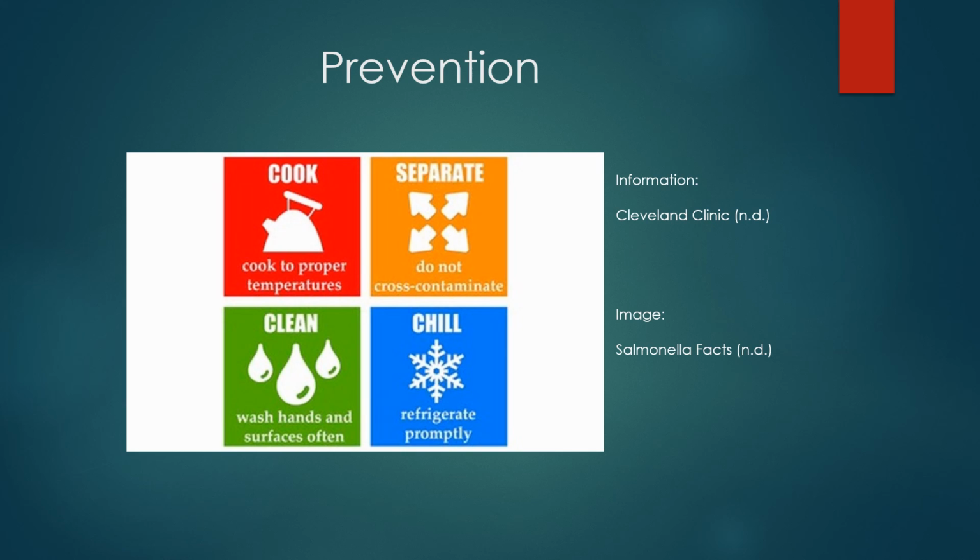Of course, there are ways to prevent Salmonella from spreading. When cooking, make sure you wash your hands, cutting boards, utensils, or anything that has been in contact with raw meat. Make sure you wash your hands in between handling different kinds of food. Speaking of which, make sure you wash fresh vegetables and fruit thoroughly before eating. And while cooking, make sure the cook temperatures are as follows: 145 degrees Fahrenheit for roast, 160 degrees Fahrenheit for ground meats, and 165 degrees Fahrenheit for all poultry.